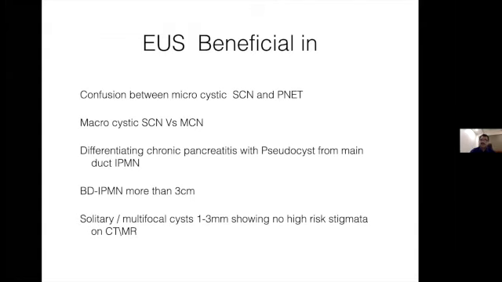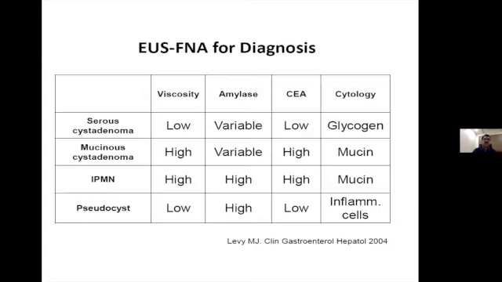It also helps to differentiate chronic pancreatitis with pseudocyst from main duct IPMN. And if there is a lesion more than 3 centimeters in branch duct IPMN, EUS is very helpful. And when you have solitary lesions or multifocal cysts in a pancreas where there are high-risk stigmata on CT or MR, EUS is better in assessing the lesion. So when you aspirate the cyst fluid, the analysis will help you to come to a diagnosis in most of the cases. If it is a serous cystadenoma, the